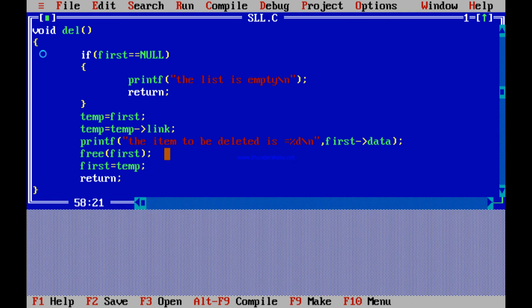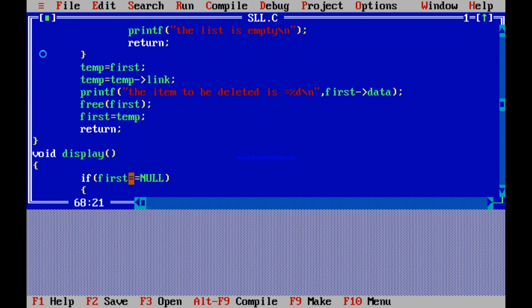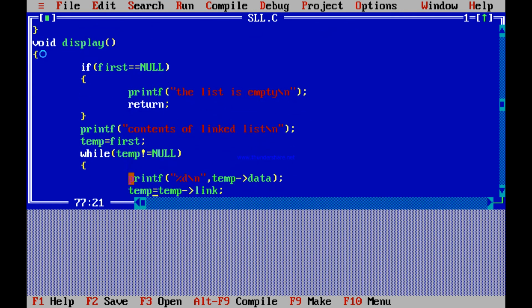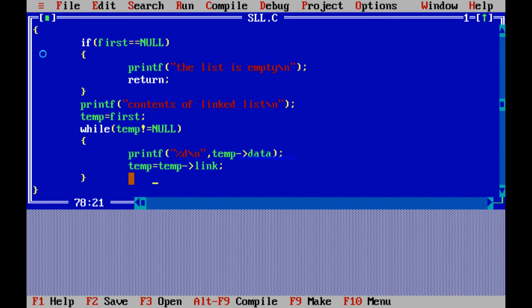So we are again using dynamic memory allocation, free, to free the space of that first variable which we have deleted. So first will be temp. Now we are initializing first is equal to temp. So whatever value is present at temp will be the first, the starting of your single linked list. Now again we'll return, and this was the function for delete. Now next display.